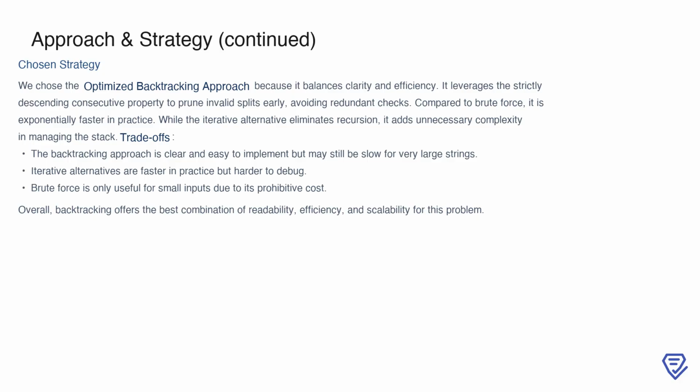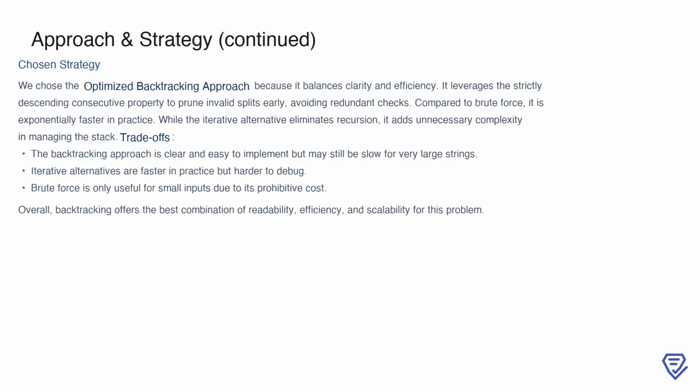and minimize redundant checks. Compared to brute force, it is exponentially faster in practice, making it a much more viable solution for larger inputs. While iterative alternatives avoid recursion, they can introduce unnecessary complexity in managing the stack and handling edge cases. When considering trade-offs, backtracking stands out for its simplicity and ease of implementation, even though it may still struggle with very large strings. Brute force, on the other hand, is only practical for very small inputs due to its high computational cost. Overall, the backtracking approach offers the best combination of readability, efficiency, and scalability, making it the ideal choice for solving